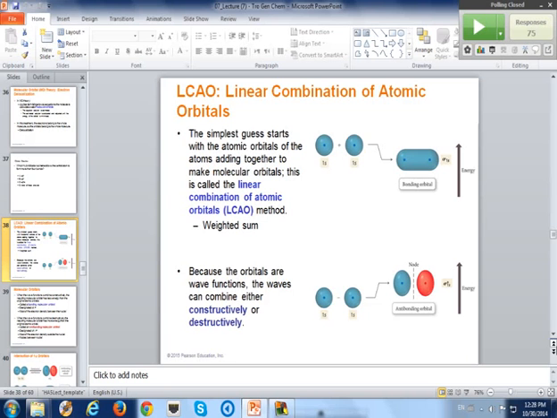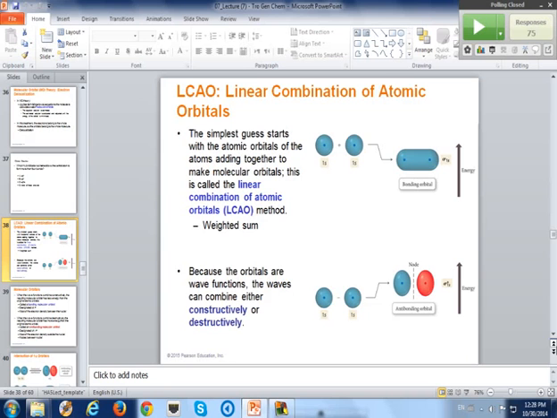And so by doing so, we can say, well, the wave function for the molecule will be some linear combination of the wave functions, in this case, for the atoms in the molecule. A blending of the atomic wave functions of the atoms,